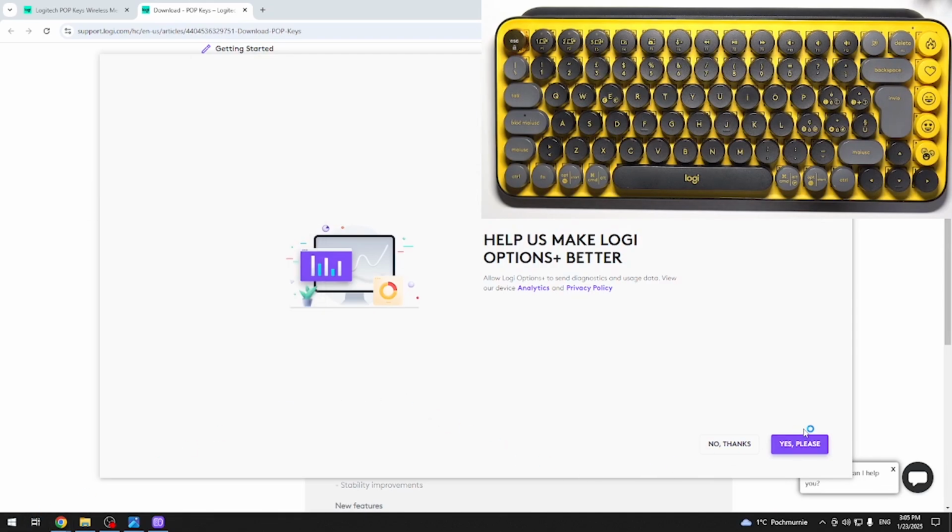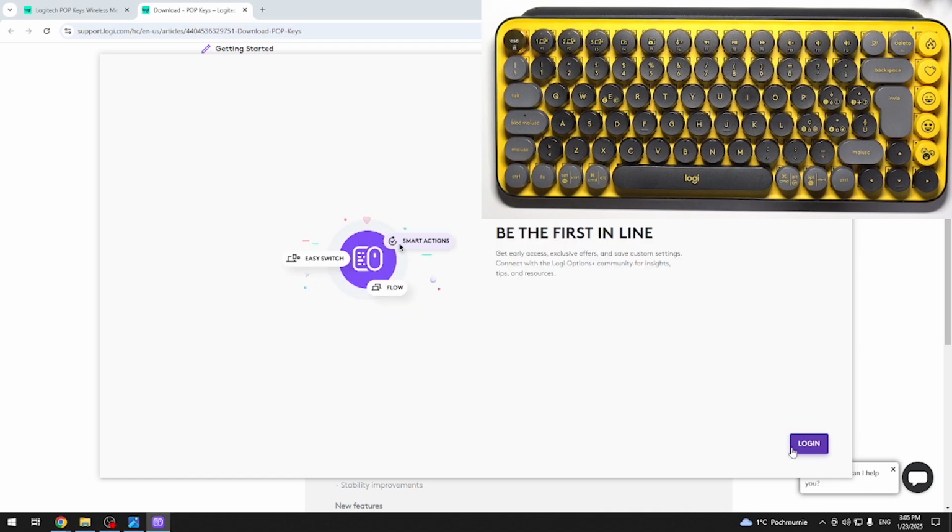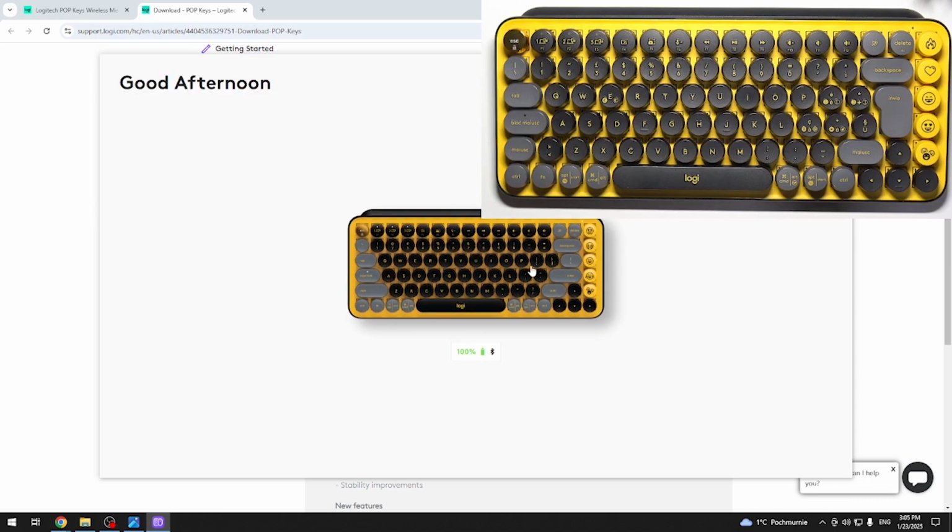Then it asks you to send diagnostics and usage data. I'm gonna click on yes. Then you can also log in. I'm gonna skip that, but you can log in to unlock more functionality, and then you'll have the keyboard right